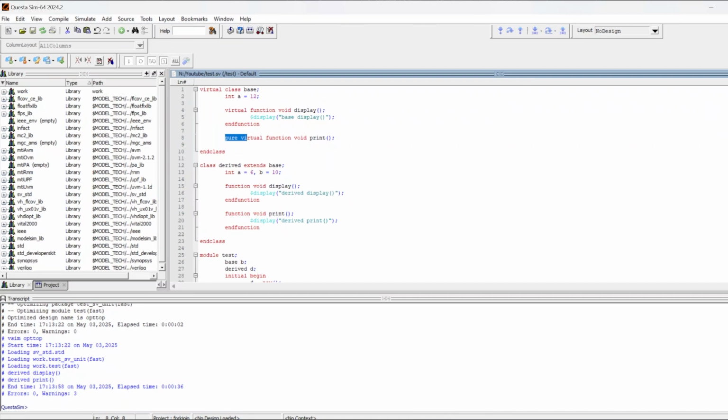It should show an error. But the same cannot be said for the base class. If you have declared a function to be virtual, it is not necessary that it is required to be replaced inside the derived class. So here I will just comment this,